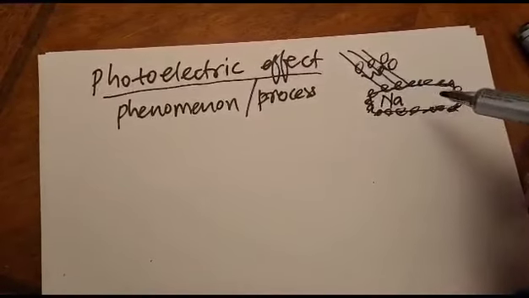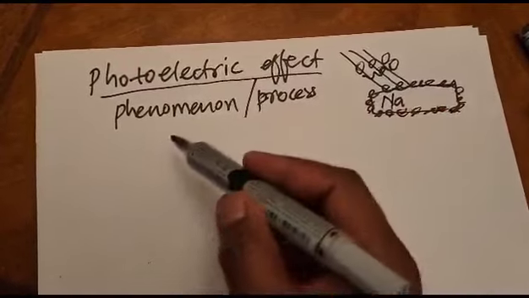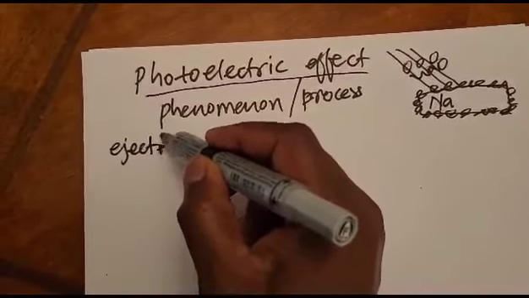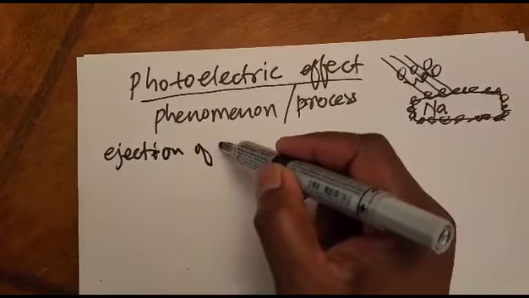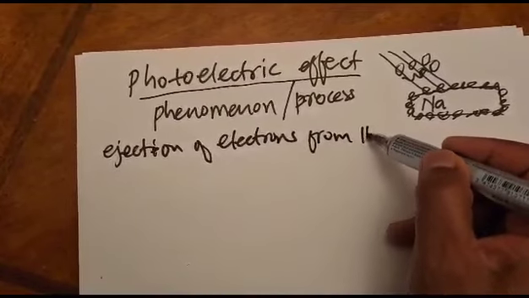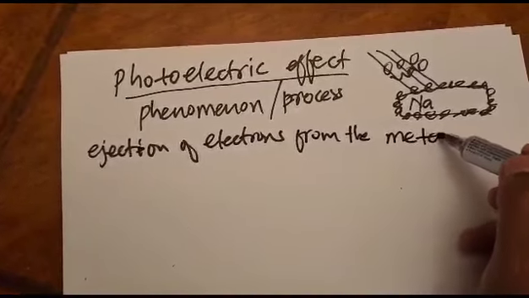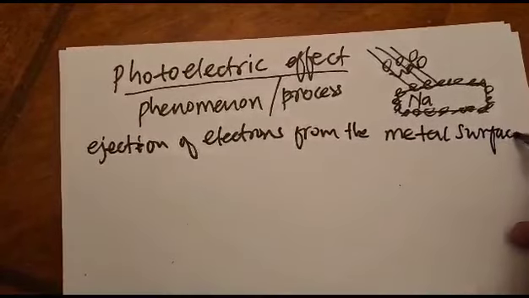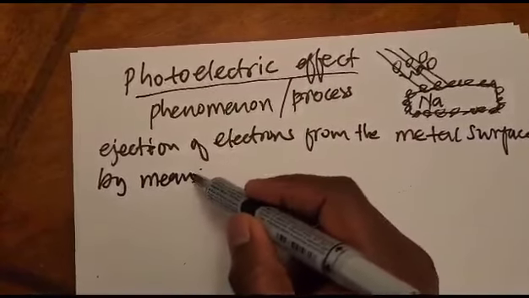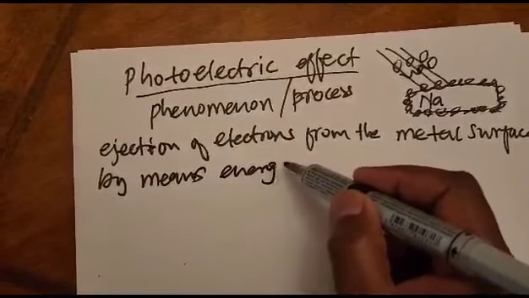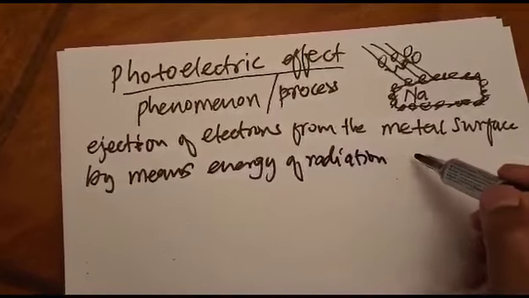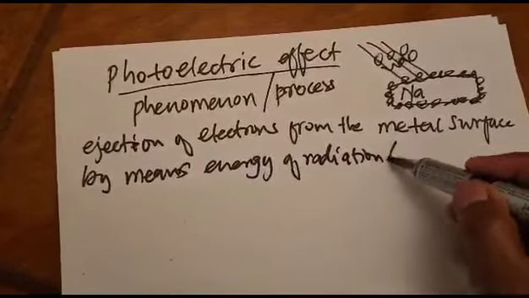Now, the process which involves the ejection of electrons from the metal surface by means of energy of radiation